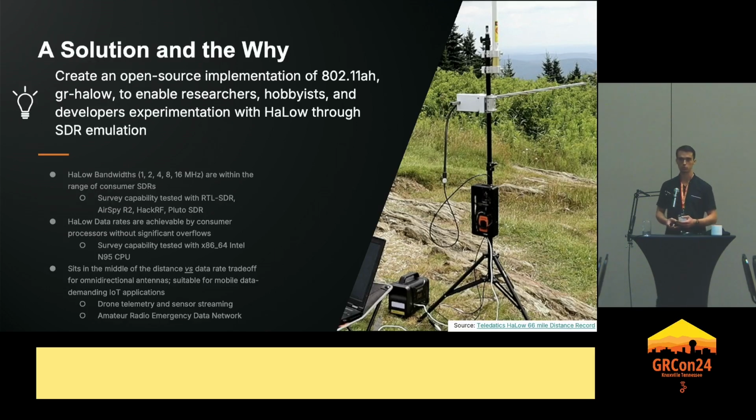Furthermore, some of the data rates are well achievable with commercial processors. As few as 150 kilobits per second over those 1 megahertz channels, but as you get up into the higher channels and the MIMO processing, you can get up into like 80 megabits per second, which is pretty substantial. And then lastly, it sits in that middle of the data rate and distance trade-off. So it's pretty useful for some applications where you might have distributed sensing, like on drones, or